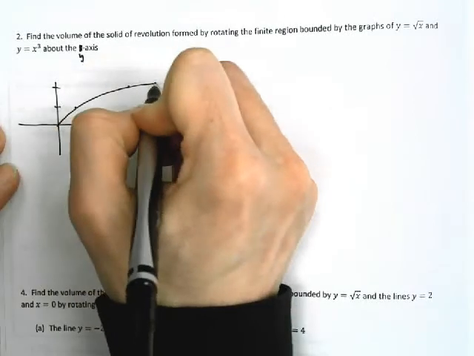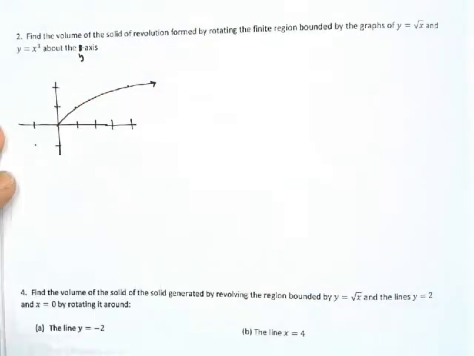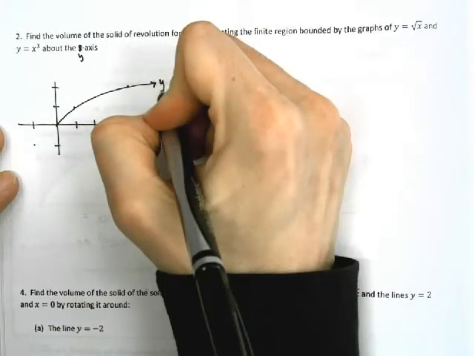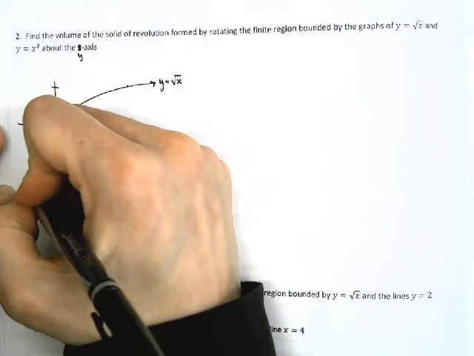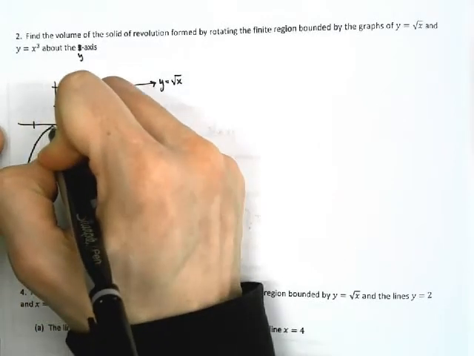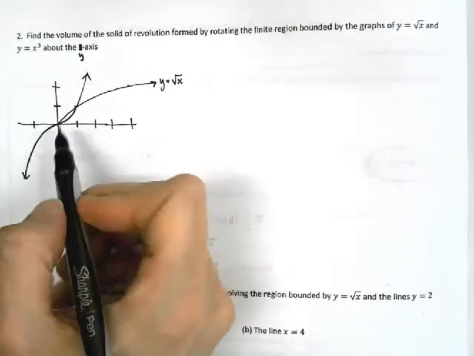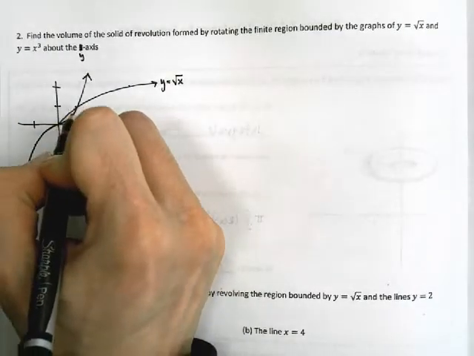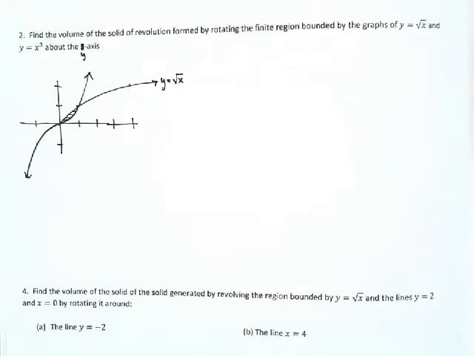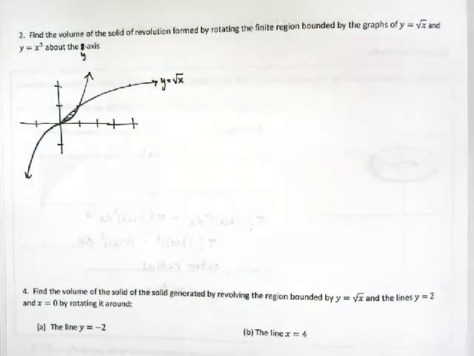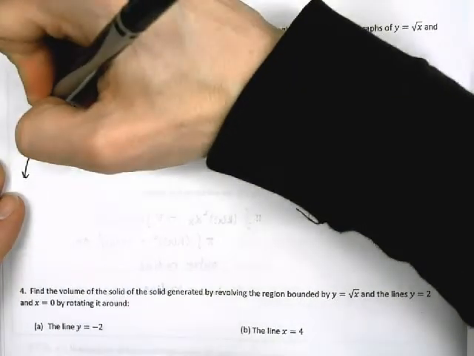All right, so there's my y equals square root of x. And then I know this goes through negative 1, 1. I'm going to graph my y equals x cubed, which is going to look something like that. So you can see now, here I have this region here. And since I'm going about y, I make those perpendicular to y. So if I revolve this around y, I can again kind of just sketch this out here